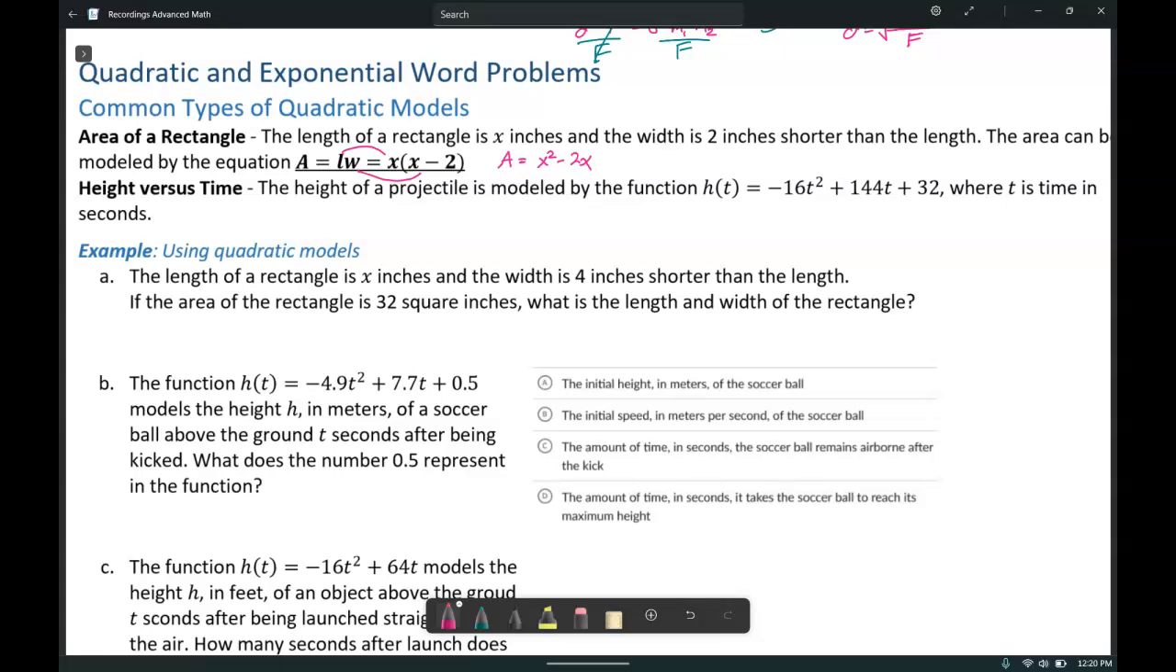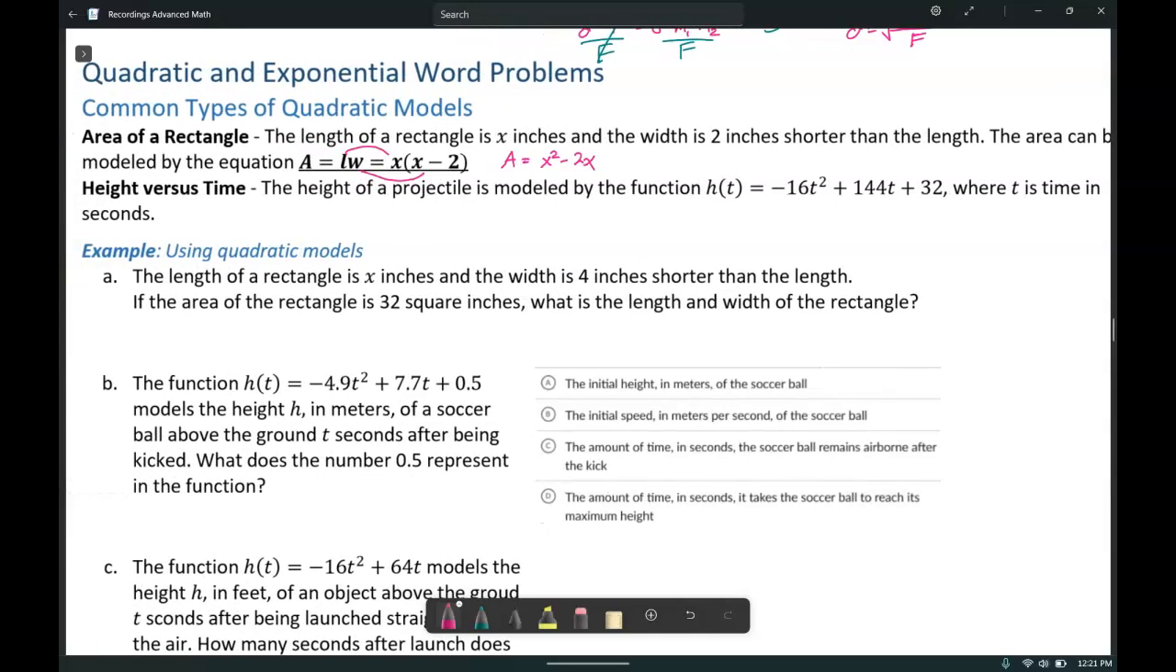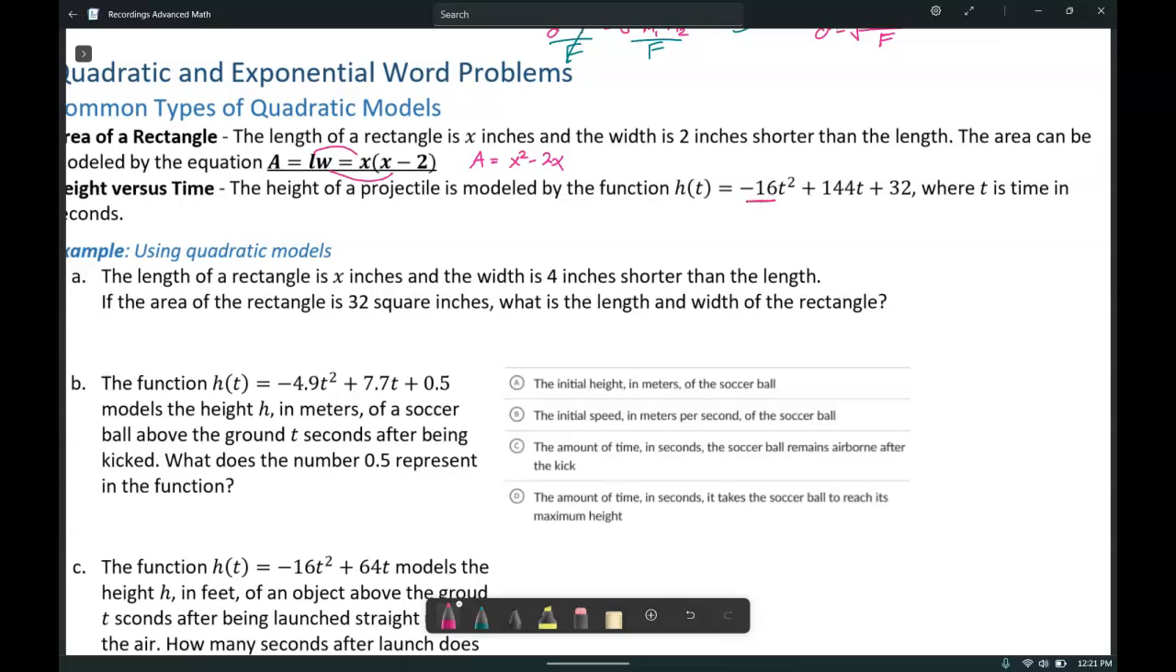Height versus time is another popular quadratic model. The height of a projectile is modeled by the function h of t, and we usually see a formula that looks very similar to this, where we have a negative coefficient, often 16, also sometimes negative 4.9, and then we have a linear term and sometimes a constant term. These actually have specific meanings that you don't necessarily need to know, but sometimes when you're interpreting, it helps. This first coefficient is acceleration